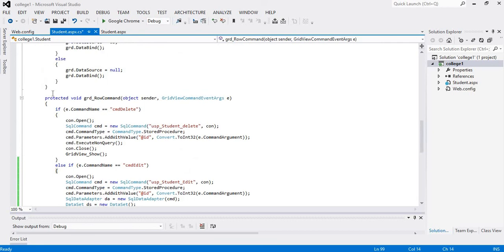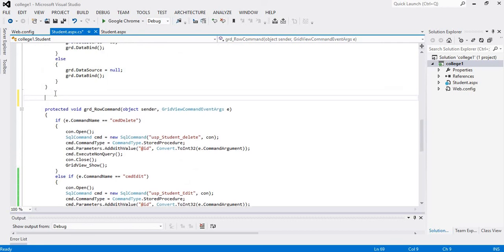We will write a function for this like this: public void clear.